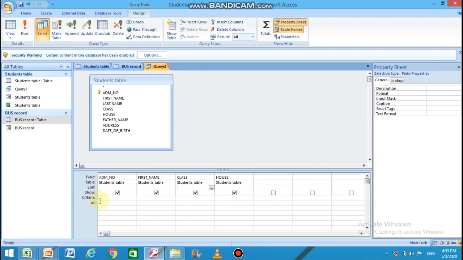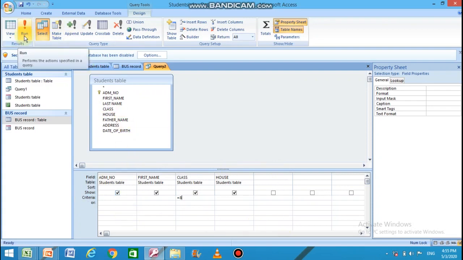So in the criteria section, come to the class column and type there equals to 8. It means that in the class field, wherever the value is equal to 8, only that value will be displayed in the result. Now the query is built.